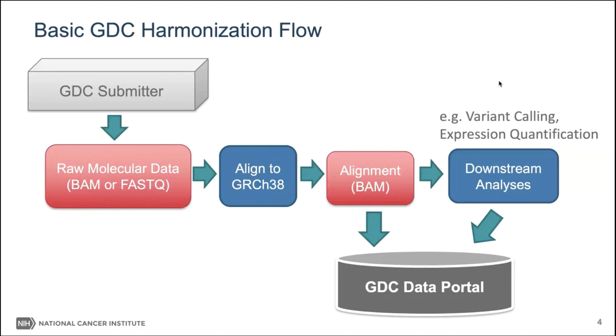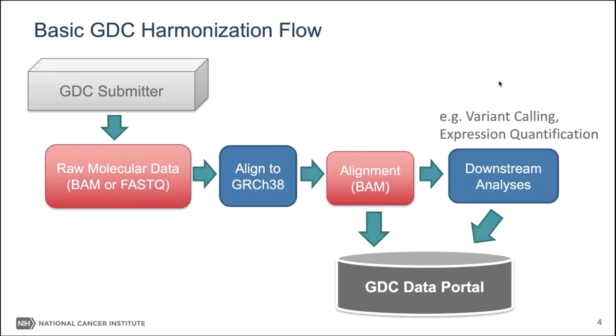So as you know, if there's RNA-Seq, we'll be doing expression quantification. If it's whole genome or whole exome, we might have some variant calling. And all the alignments and the downstream analyses are made available in the GDC data portal,